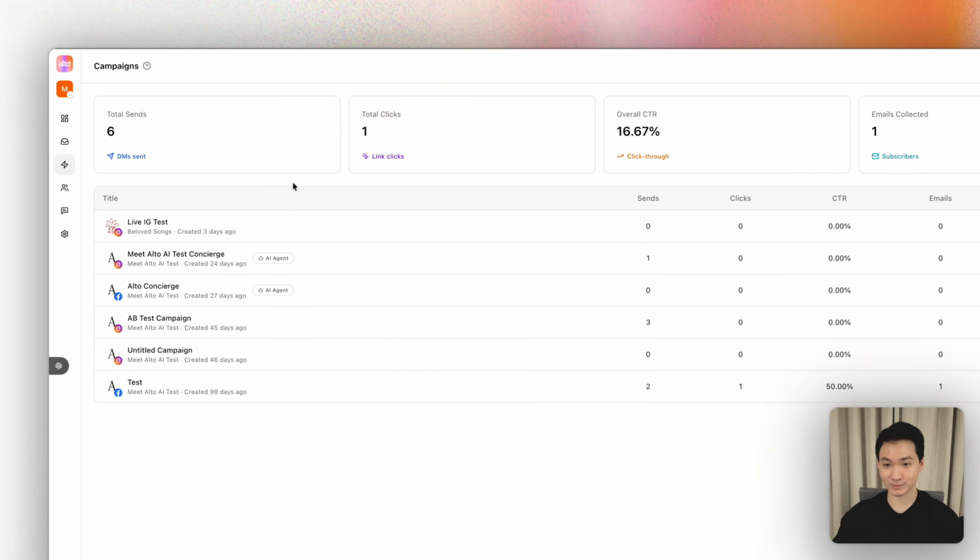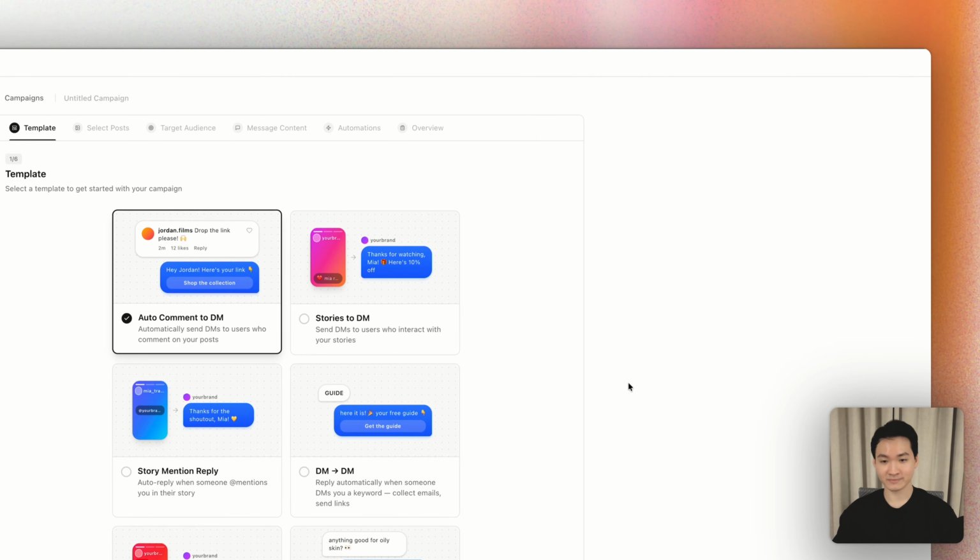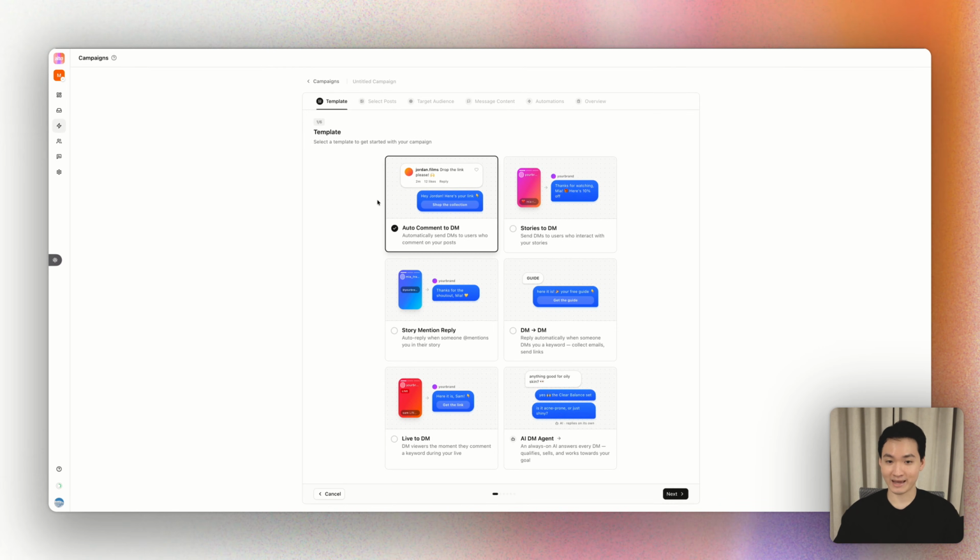For the AI to capture customers' phones and emails, head over to campaigns. This is where you'll create campaigns that either sell your products for you or capture customers' phones, emails, and contact information. So head over here, click create campaign. This is where you'll select all the templates that we have for Instagram and Facebook automation. So we have auto comment DM, which if they interact with your stories, you can send them a DM, story mention reply, DM to DM, live to DM, or the AI DM agent which takes care of all this for you